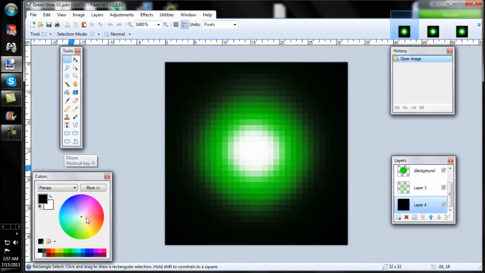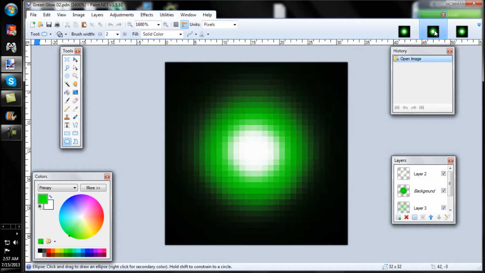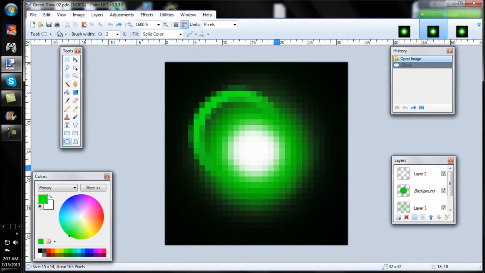So what you want to do is go ahead and get your basic green color here and choose your ellipse tool. And actually, you don't want to make sure that your first one's selected, because we're actually not going to be changing the first one at all. It's going to be just like this. The second one, however, we are going to go ahead and add